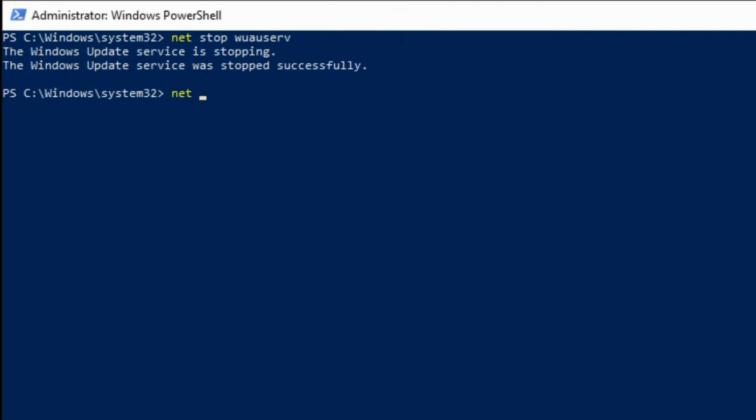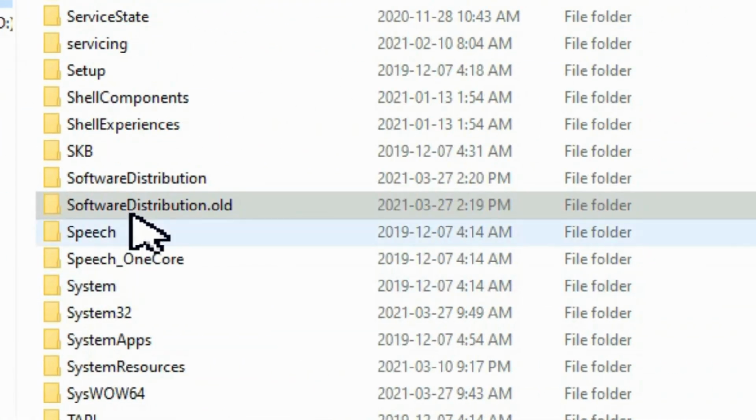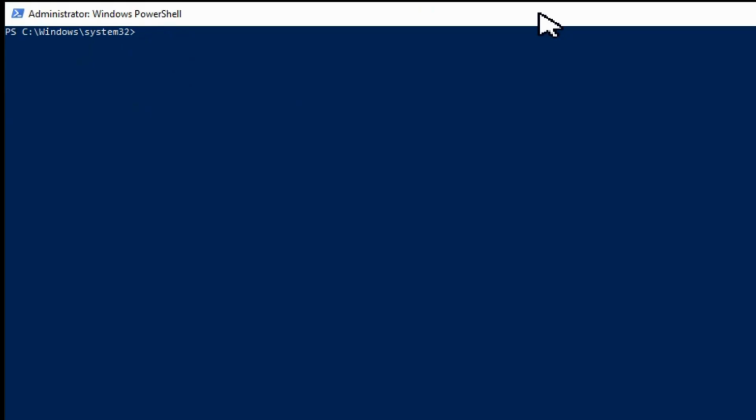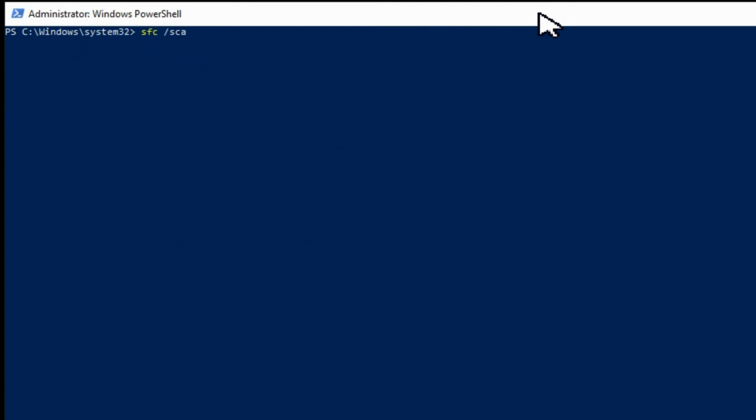Continuing off of that, we can then say to start that same service. It's starting and then eventually successfully started, and if we go back, we can now see that it's automatically recreated that folder for us. Finally, number 10 is a good one if you're having problems with the computer overall,